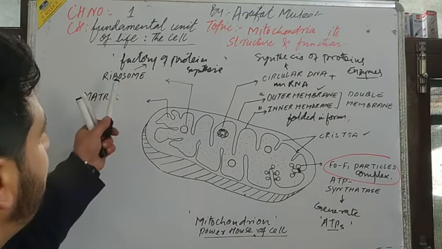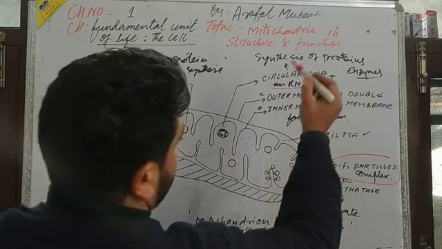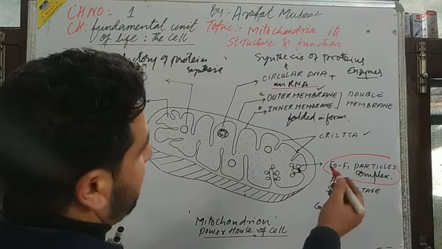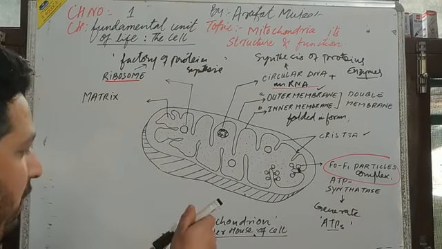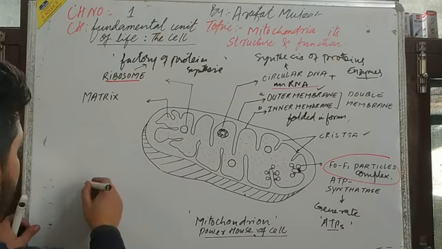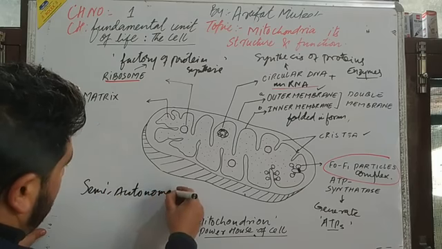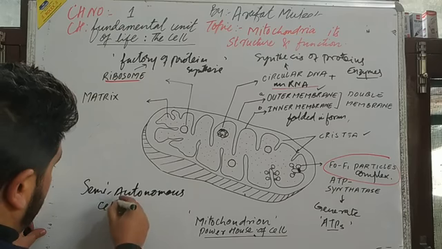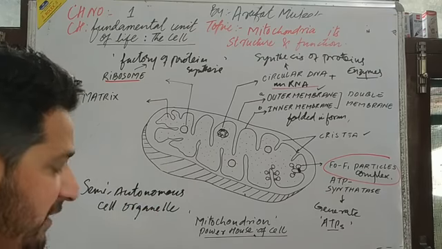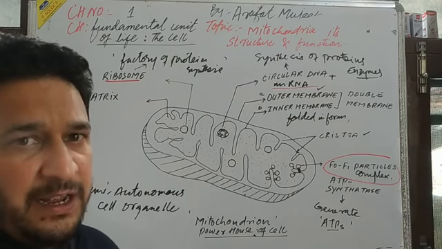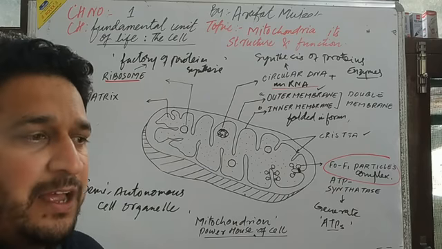Therefore, because of the presence of ribosomes, circular DNA and mRNA, it is known as a semi-autonomous cell organelle. सेमी ऑटोनॉमस सेल ऑर्गेनेल, तभी तो ये किसी वक्त खुद अपने आप को डुप्लीकेट कर सकता है, रिप्लिकेट कर सकता है, तो किसी वक्त खुद ये अपने प्रोटीन्स बना सकता है और काम करा सकता है।